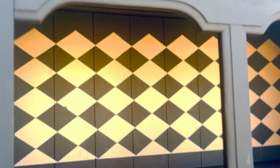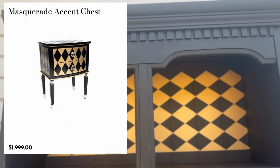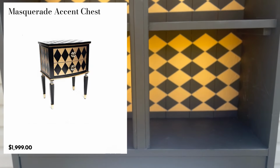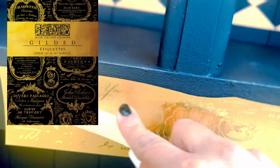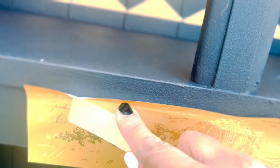Then I am starting on the 2nd row, and I'm repeating the same step like I did on the 1st row with these beautiful transfers, and I really love how it looks. Mackenzie Childs is selling similar accent chests with this design for almost $2,000. Can you imagine? And now I'm going back to my furniture, and I'm using the gilded etiquettes from IOD